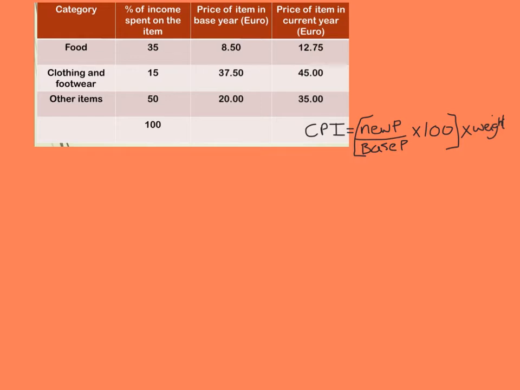Okay, so you can see that first of all we have to get our new price and put that over our base price. So in the first item here to do with food, our current price is $12.75 and we need to put that over $8.50. So if we just write in here food, and we have $12.75 all over $8.50,